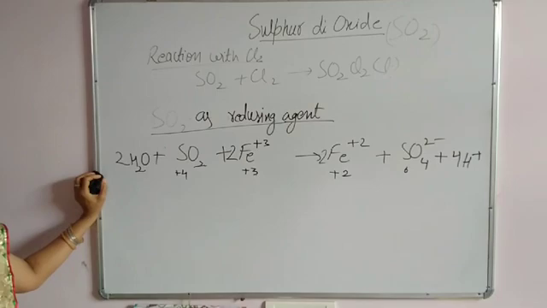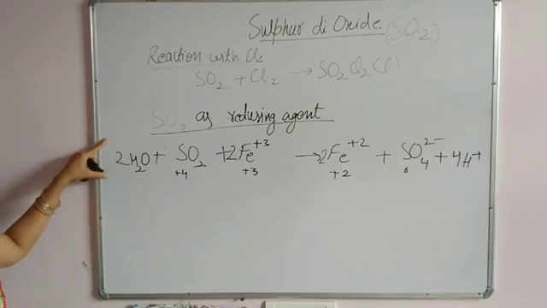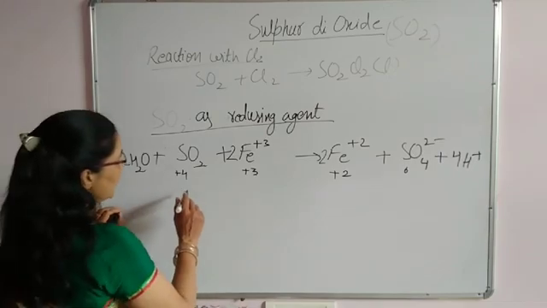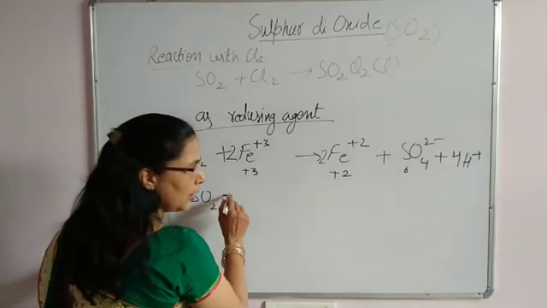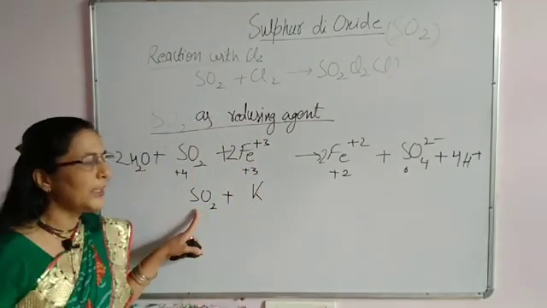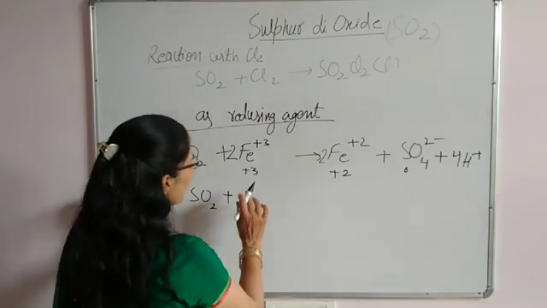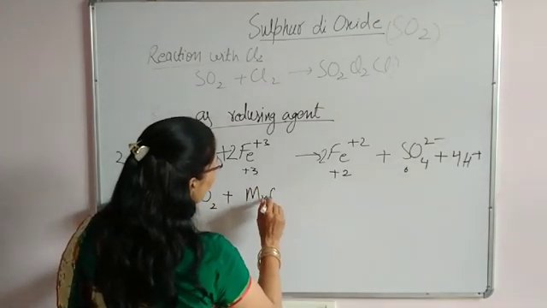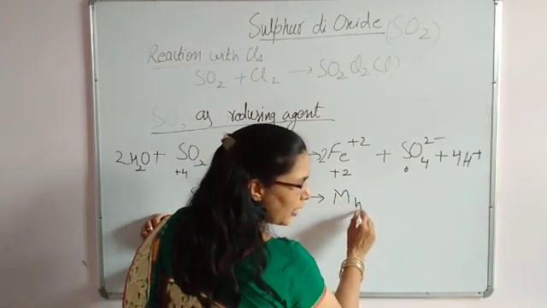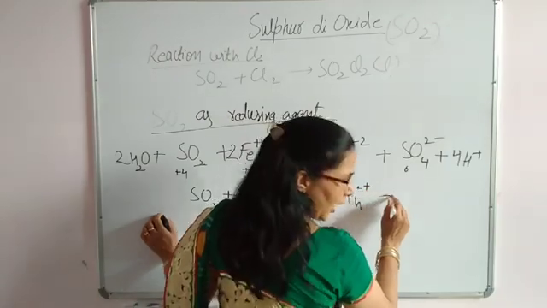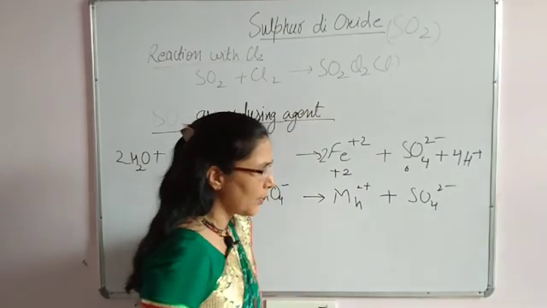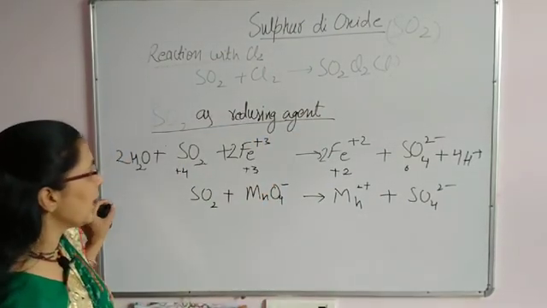In such a manner you have to do the work in the examination, so you can remember easily. Okay. The next reaction is sulfur dioxide plus MnO4. What does it do to MnO4? Sulfur dioxide decolorizes it. So the reaction will be in such a manner: MnO4 minus 1, Mn will convert to Mn plus 2, and sulfur dioxide will convert to sulfate. Okay, now this is the half work.